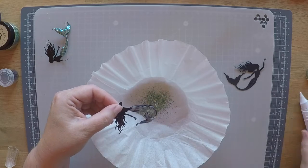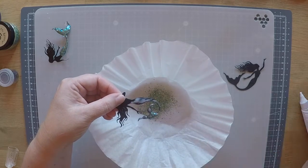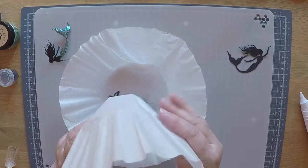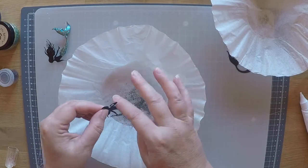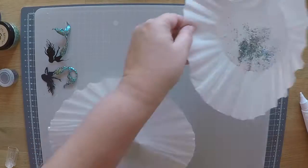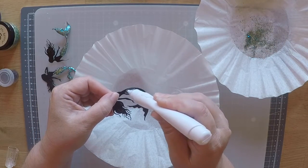Now I grab my blue and sea green glitter colour combination I mixed up earlier. Good, generous sprinkling all over. Giving it a good shake and a flick to get off all the excess pieces of glitter. And I just run my finger along each side because some of the glitter is quite large. It tends to hang over the edge, so I just run my thumb and my finger over the edge